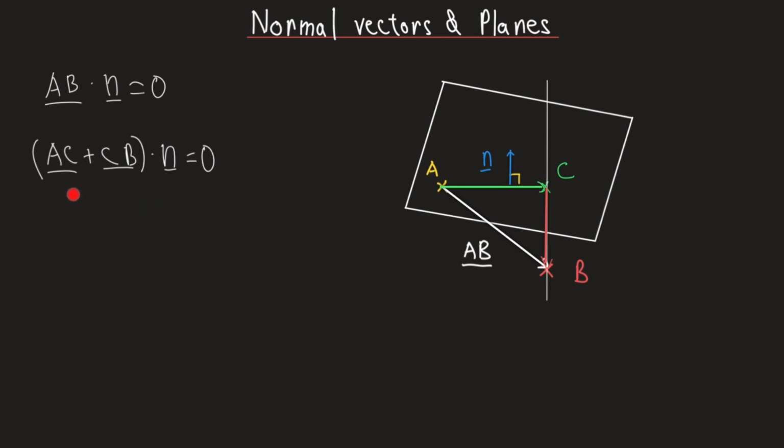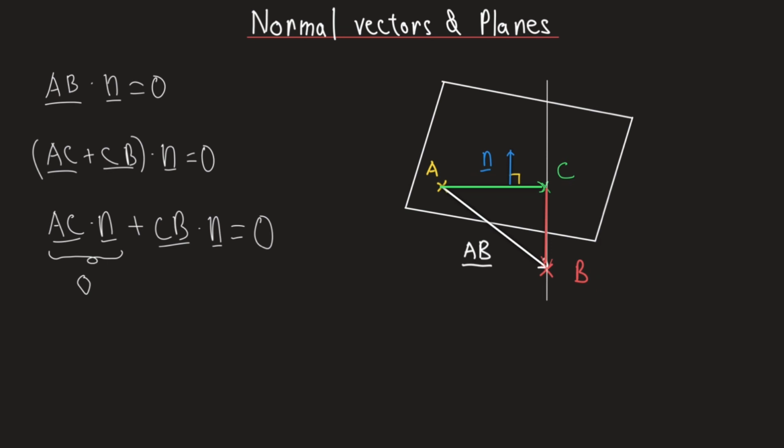So now if we distribute, we get that AC dotted with N plus CB dotted with N is equal to 0. Now we know that vector C lies on the plane because it's the orthographic projection of point B onto our plane. Therefore, the dot product of AC with N is 0. This implies that this dot product over here is equal to 0. But we know that our normal vector cannot be equal to the 0 vector. And therefore,